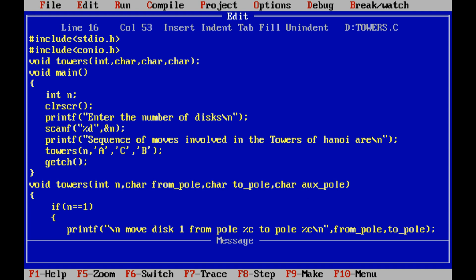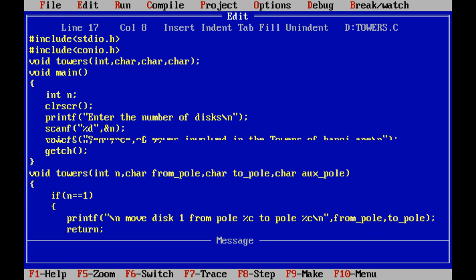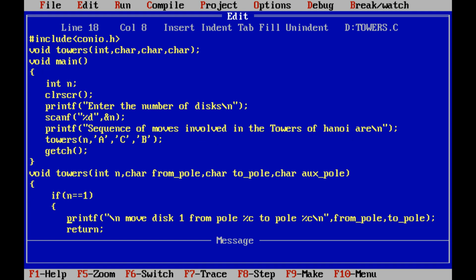Okay, next one. If n equal to 1, suppose the number of disks is only one disk on pole A. If the condition is true, then printf move disk 1 from pole to pole. Okay, so on pole A only one disk is there.